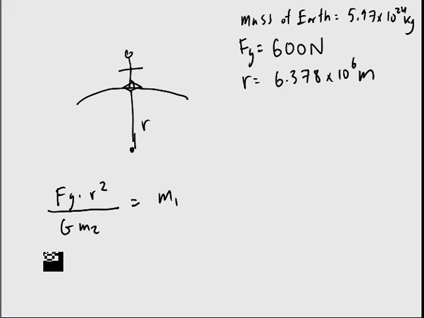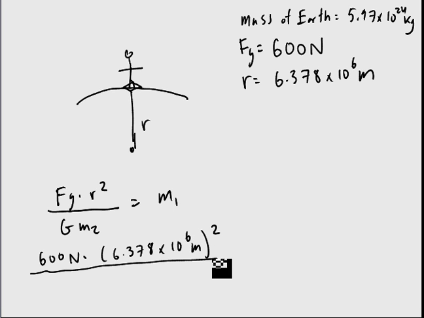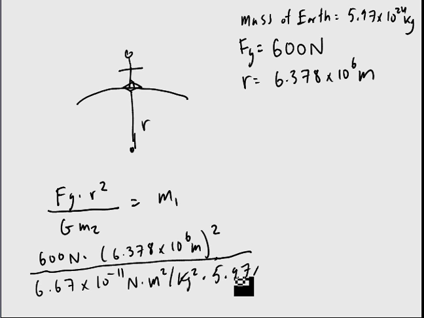So let's see, we get 600 newtons times 6.378 times 10 to the 6 meters, whole thing squared, divided by 6.67 times 10 to the negative 11 newton meter squared per kilogram squared times the mass of the earth, 5.97 times 10 to the 24 kilograms, and that's going to give us